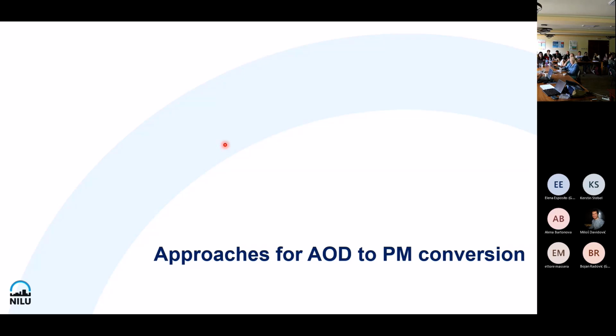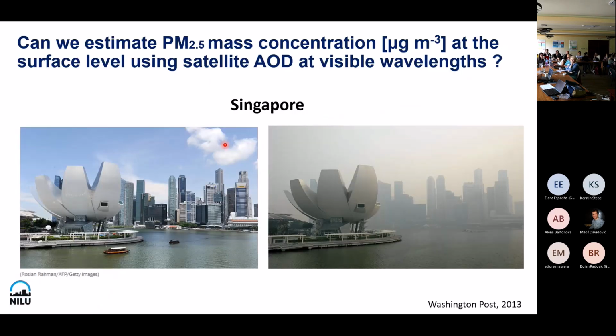Using them side by side as I showed you, but really trying to combine the different data. You can probably see that this is the typical picture which was in the newspaper from Singapore. So AOD would be an optical effect. So I think it's really clear that there is a linkage between the particle mass, the PM2.5 mass, which you see